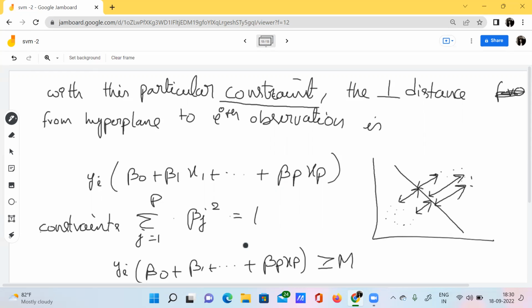So these are the constraints here, right? With this particular constraint, we can say that our equation is nothing but a representation of the distance between the hyperplane and each of the data points, right?